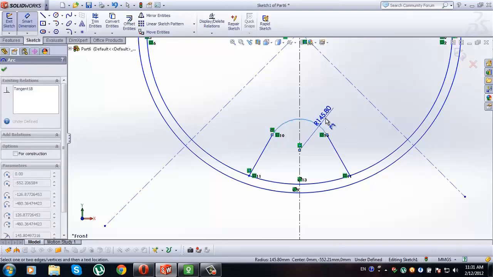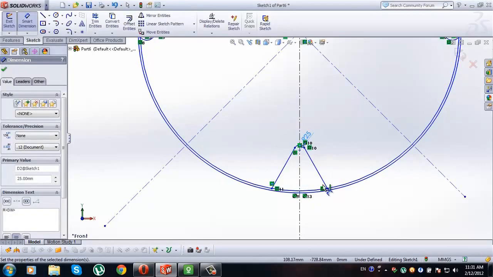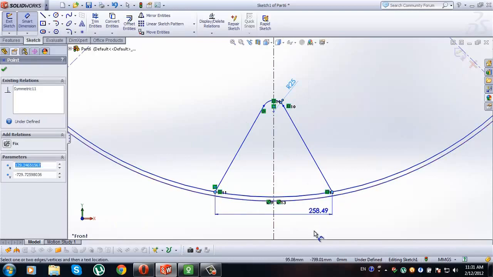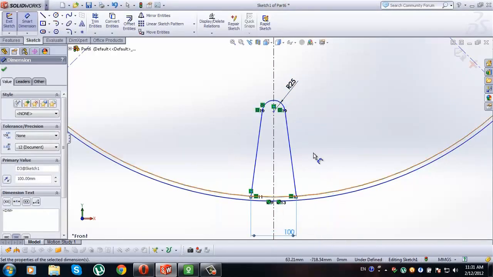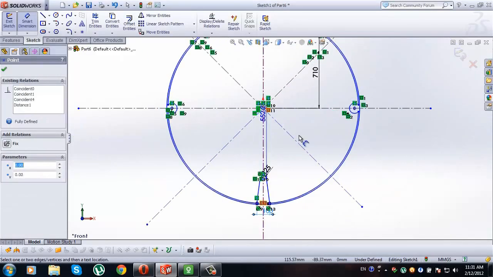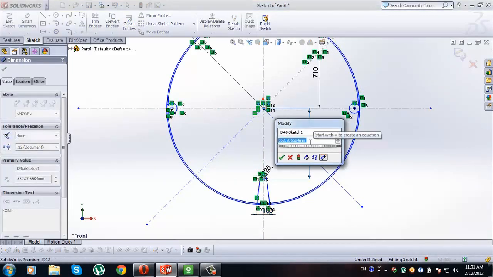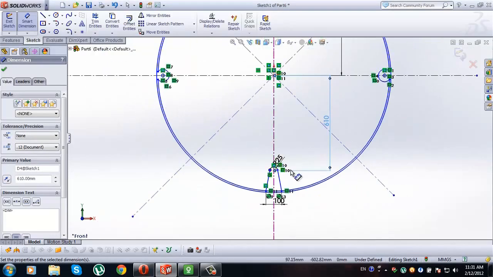Now go to Smart Dimension. This arc here have a radius of 25 millimeters. From this to this point here will be a distance of 100 millimeters. From this point to this point here will be a distance of 610 millimeters. Okay,